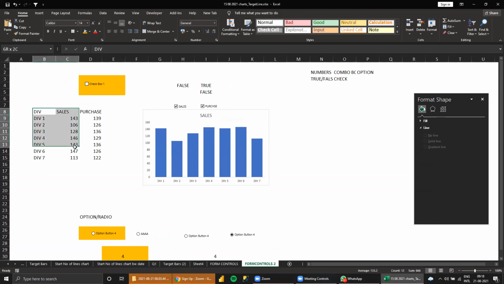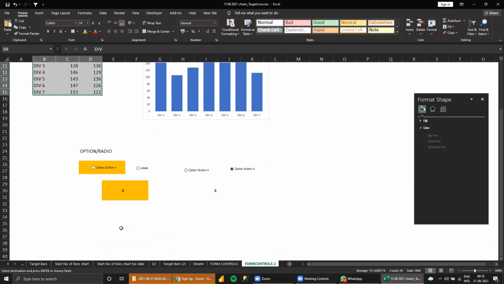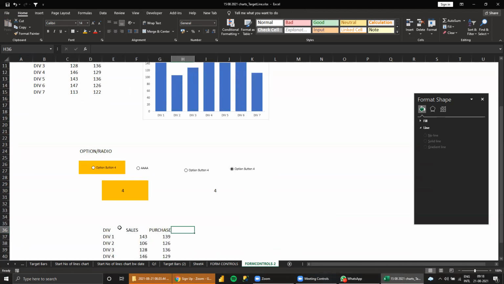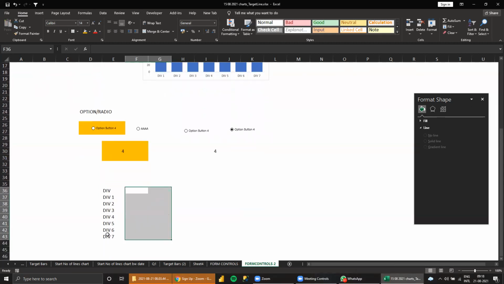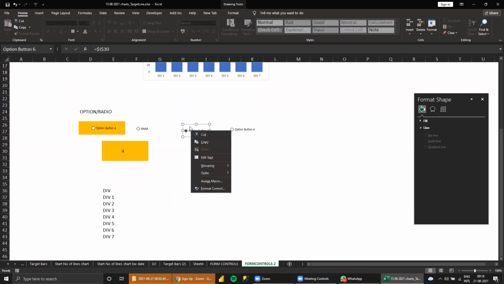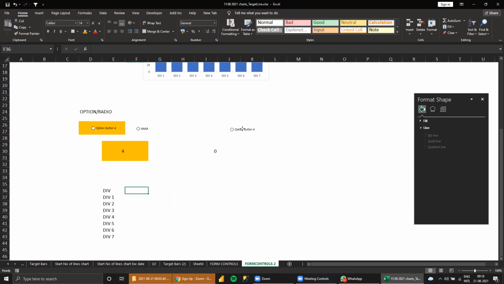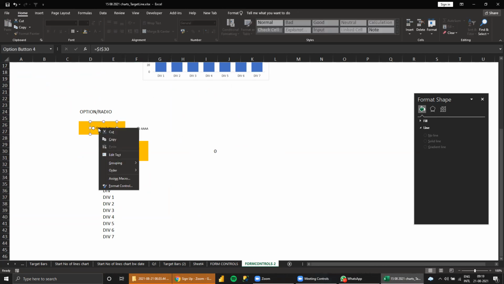Then the same thing I can give here also. Instead of checkbox, I can give the option buttons here. Example, I'll go here. I'll delete all the option buttons. Only two I can keep because the only things are purchase and sales.